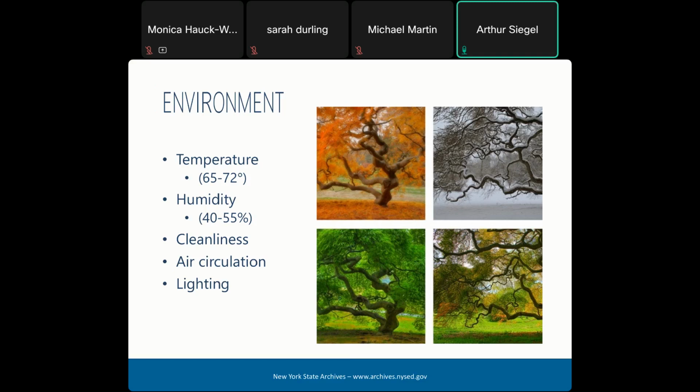Records should also not be exposed to direct light. If a storage area has windows, install shades or blinds, or better, close off the windows entirely. Lights can also have ultraviolet filters added when left on constantly. And make sure that you equip the facility for fire prevention. Familiarize yourself with local fire codes and regulations, and install smoke detectors, fire extinguishers, and a fire suppression system where needed. Next slide, please.